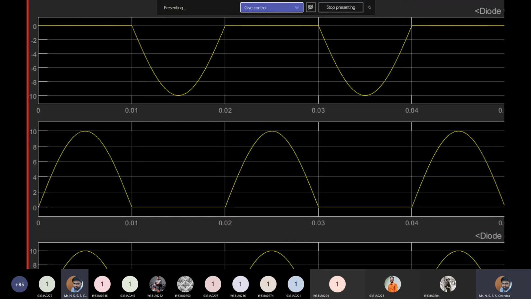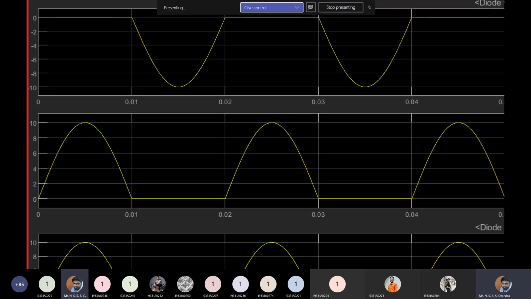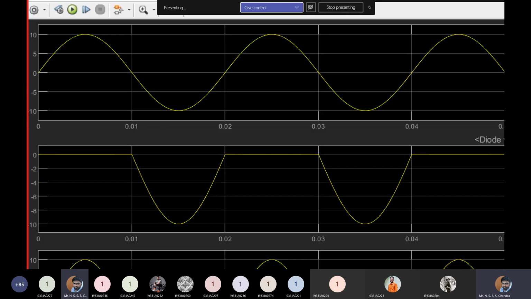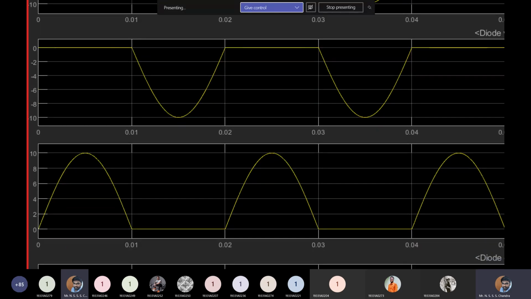Here, what is the output voltage you are seeing on the screen? The second graph you are seeing. Yeah, see the sinusoidal curve again. It is varying between 0 to 10 in the positive half cycle. And in the negative half cycle, the diode voltage is the negative portion, following the supply voltage. So in the second half cycle, your diode voltage V1 is equal to Vs, so obviously your V2 will be equal to 0. That's why you can see the output voltage V2 as 0. So the output voltage is sinusoidal only for the positive half cycle.